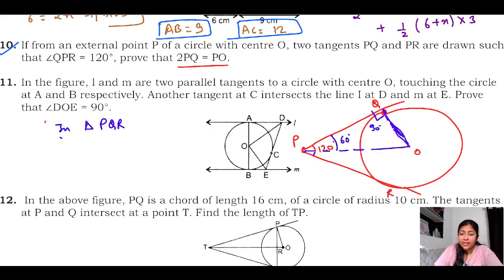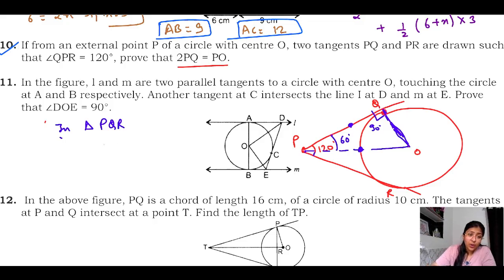Yes, we can apply Pythagoras theorem, but there is no need to apply it. We will use trigonometric ratio here because we can apply trigonometric ratio in our right angle triangle. We need to find the relation in the sides PQ and PO. According to this angle 60 degrees, this side will be considered as base, and this side is opposite to the 90 degrees, so this is the hypotenuse.